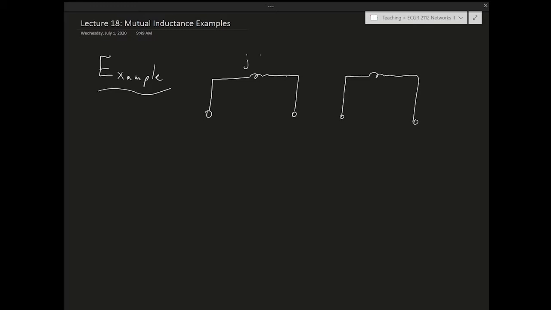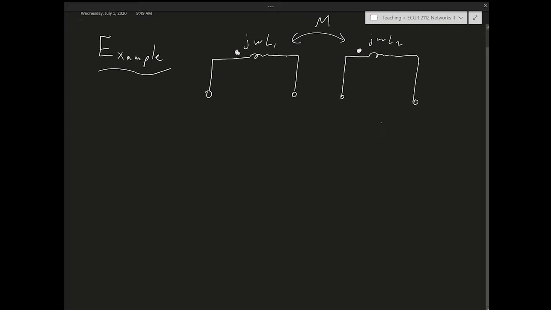So I'm going to give you the self-inductance as j omega L1 and j omega L2, but furthermore, there is going to be some coupling between them. So those two windings are coupled with M, a certain mutual inductance. The way this might physically look is you could find some magnetic material, some magnetic core, let's say, something like this. Well, let me draw it properly. So this is the core. So this would be like some magnetic material